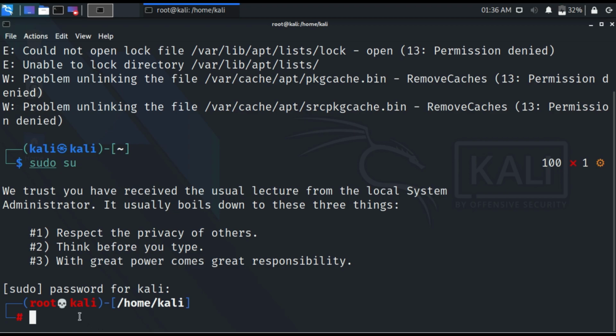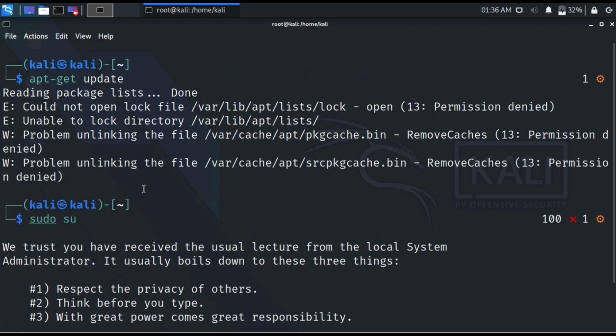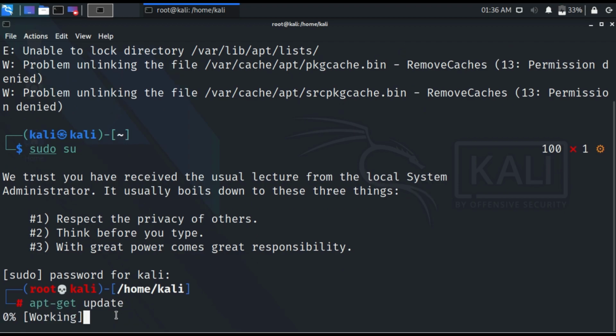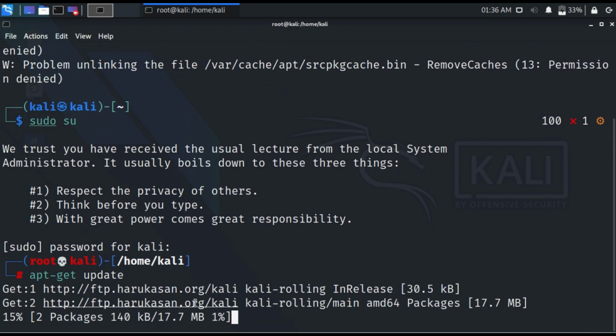So now you have to write the same command we have written here, apt-get update. I will give this command in the description, you can copy and paste it there. So you have to write apt-get update. So here you can see the update is going, and it is connecting to the website and downloading some packages. It will take at least an hour, or maybe not that long, but it will complete. So let me fast forward this video.